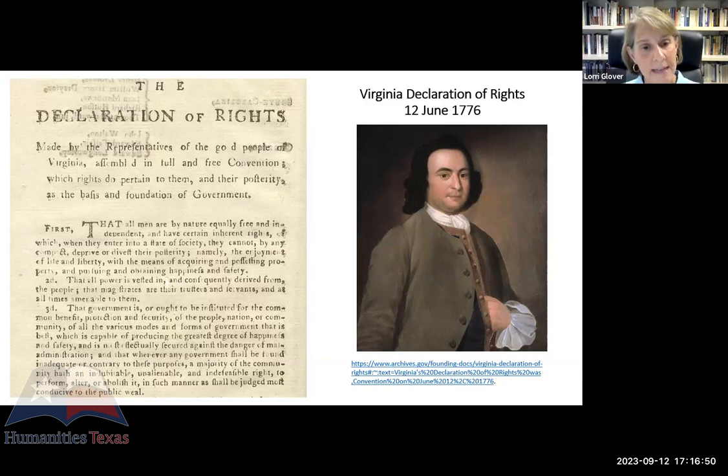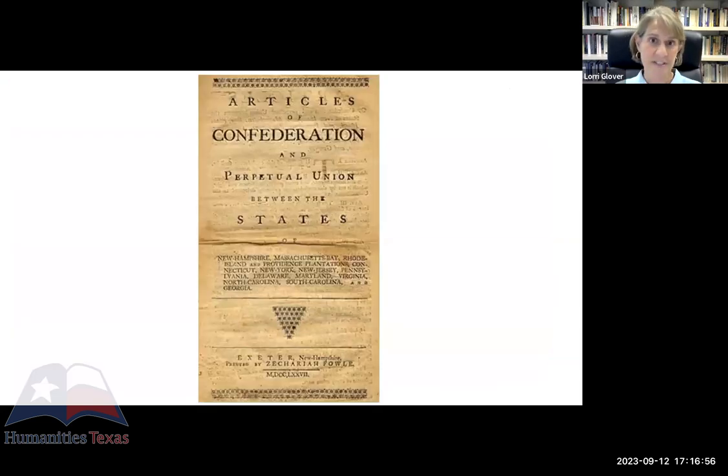So I'm going to double back in a little bit and talk some more about the states, but I want to return to our central focus now, and that's the Articles of Confederation. So in retrospect, we can look back and list the strengths and the weaknesses of the short-lived Articles of Confederation. That's part of your state standards too. And that's where we'll start in our document discussion, thinking about the strengths and weaknesses of the articles.